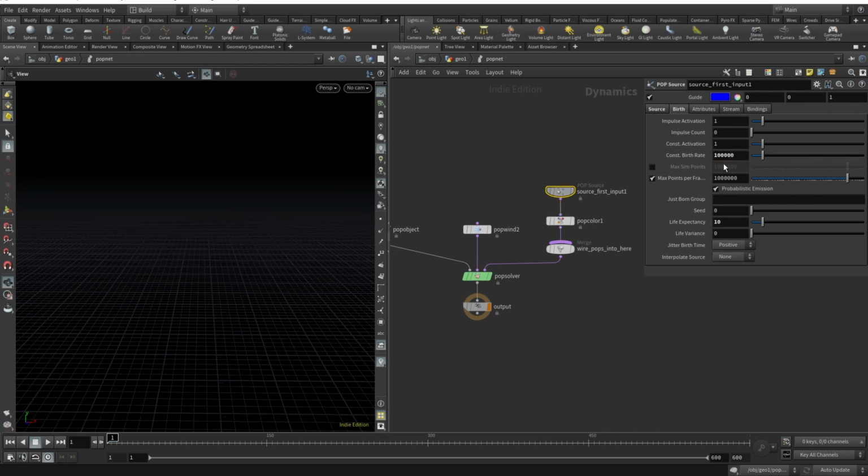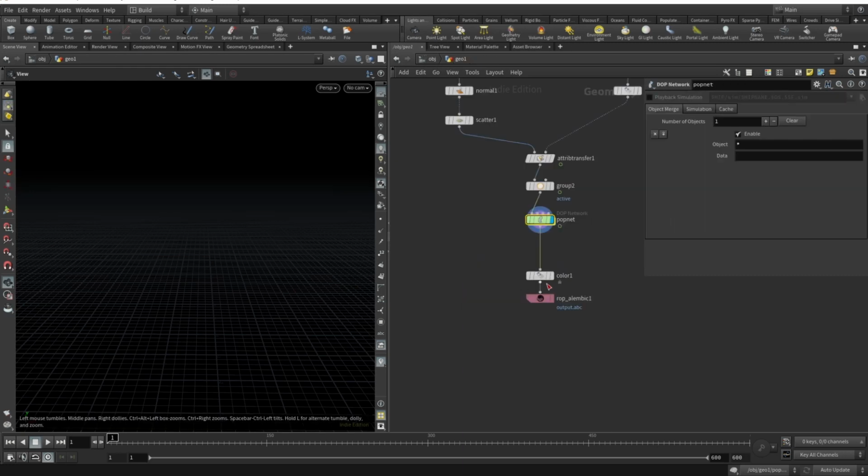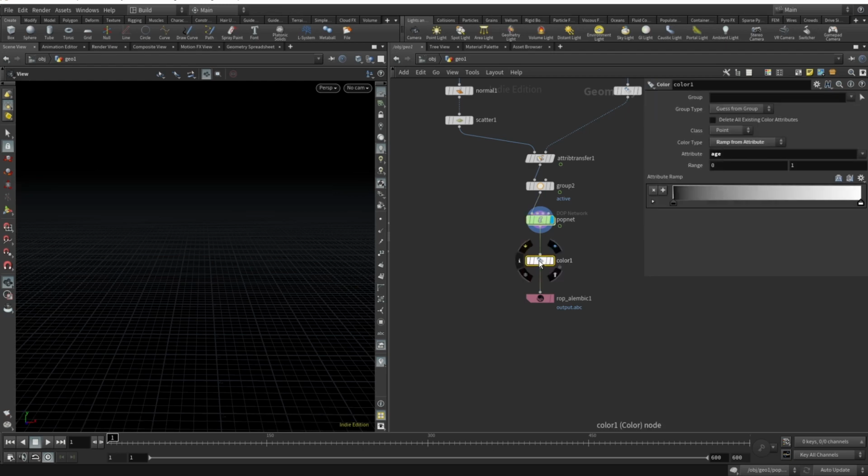And let's set it to be 100,000 here. And in the geo, and this is crucial for any sort of rendering, especially in the Octane, we drop a color node, and here I wanted to make the just born particles to be, let's say, red, and particles that were spawned before that to be, let's say, blue. So that's why I'm using color ramp from attribute, and the attribute is age, and we have this range from